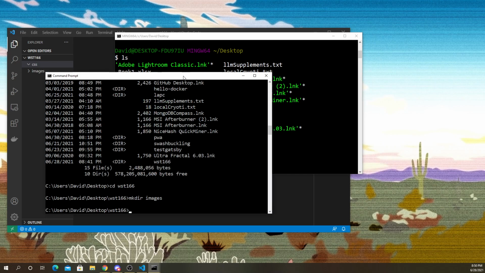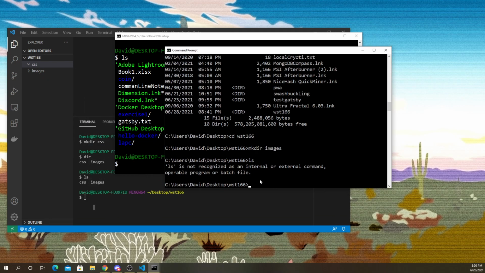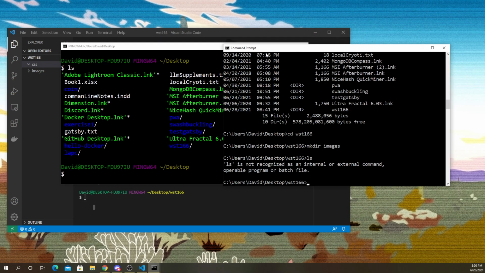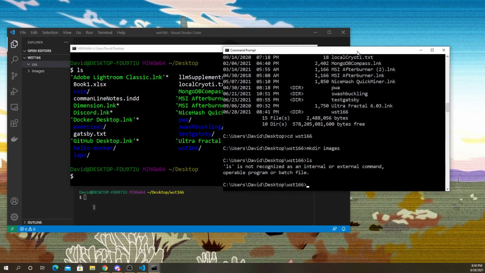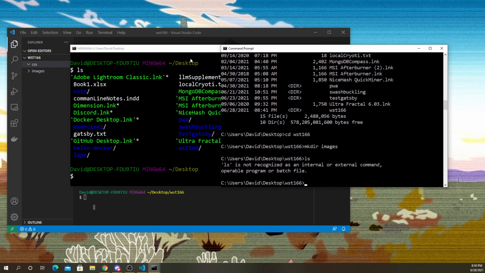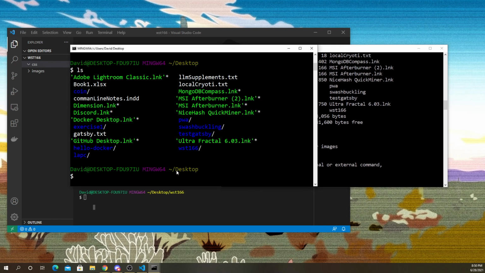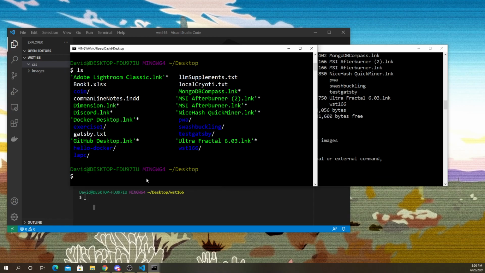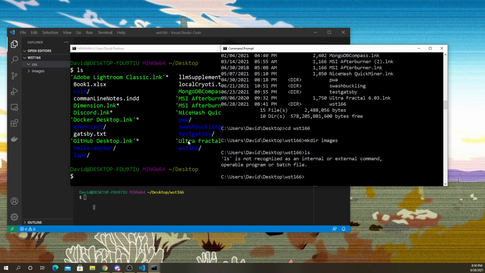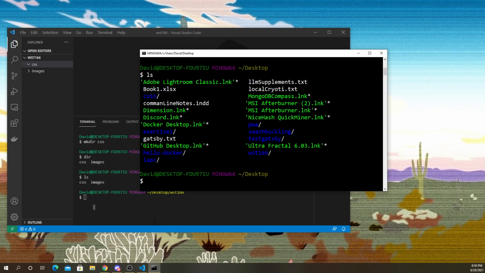But if you try to use ls in command prompt, it's not going to know what you're talking about. It says ls is not recognized as an internal or external command. Okay, because command prompt is a slightly different terminal. It has its own commands. I'll put a video up right now, real quick, to try to explain why they're different, but it's not going to be a big deal. They're mostly the same, and we'll just be using Bash most of the time.